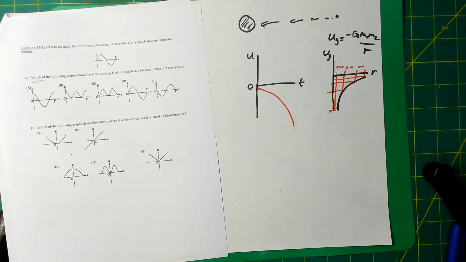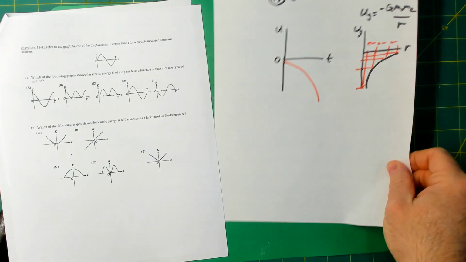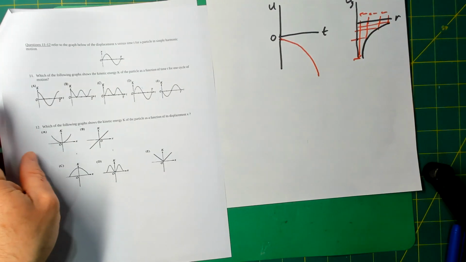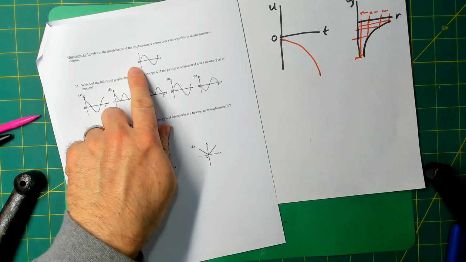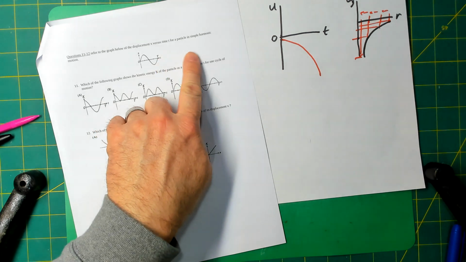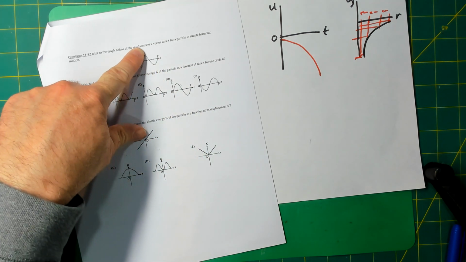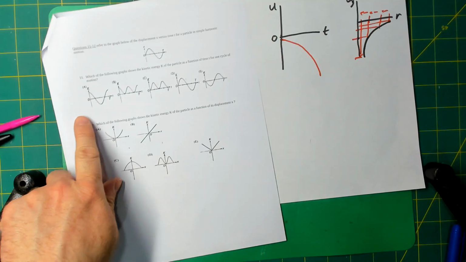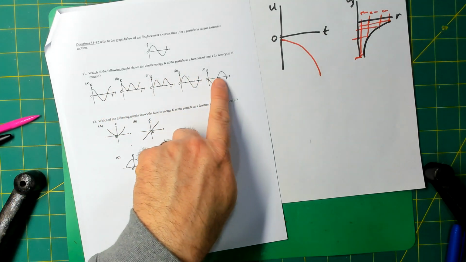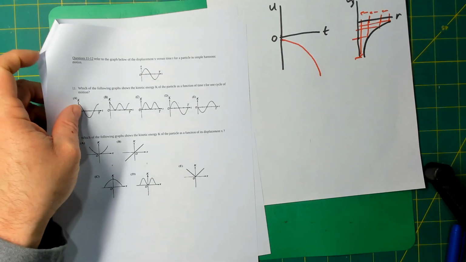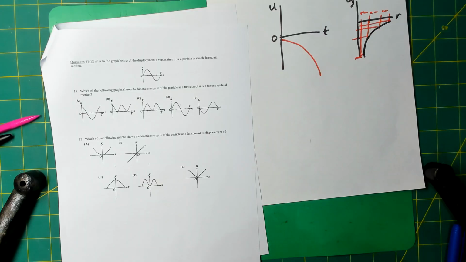Okay. Questions 11 and 12. Question 11 says, here is a graph of displacement versus time for something in simple harmonic motion. You can see it starting at the equilibrium position, going up, coming back, going up, coming back, and forth. Which of the following would show the kinetic energy as a function of time? And so you say, well, if this is the position equation,